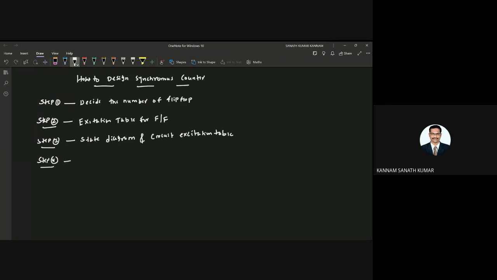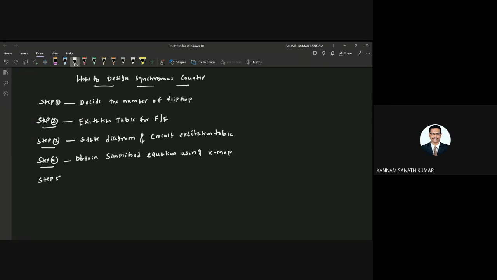And next, you need to obtain a simplified equation using K-map. You need to apply the K-map for each and every individual expression, individual terms, output terms.